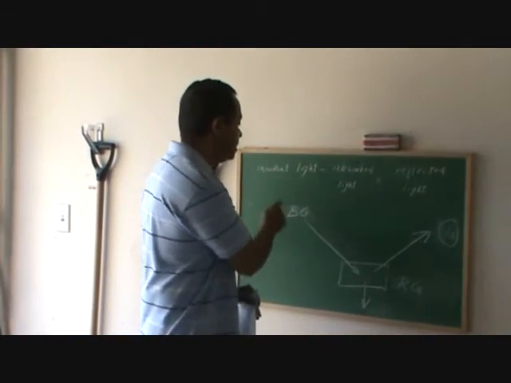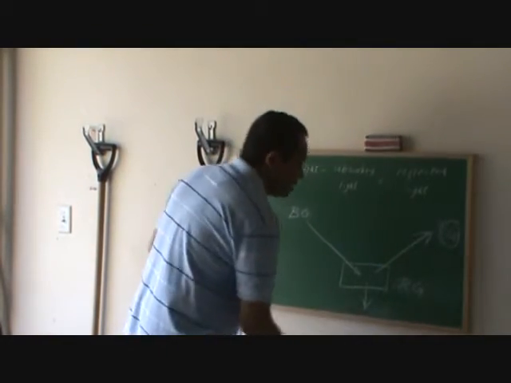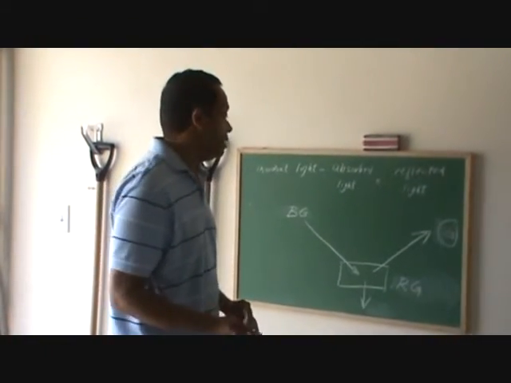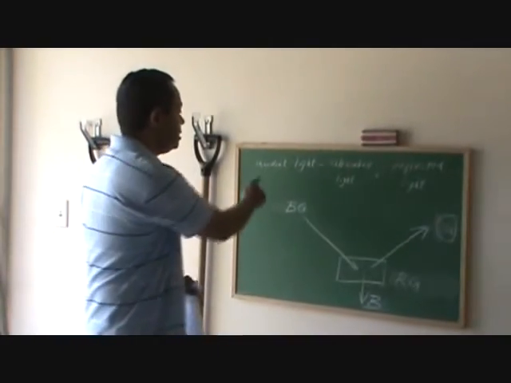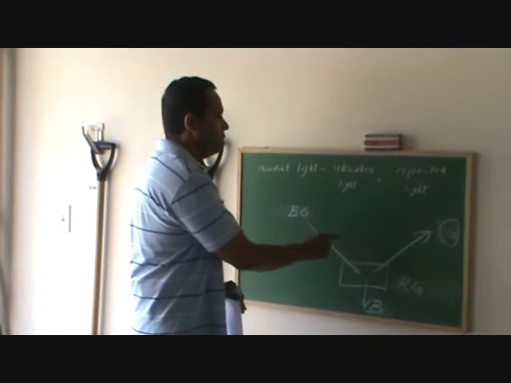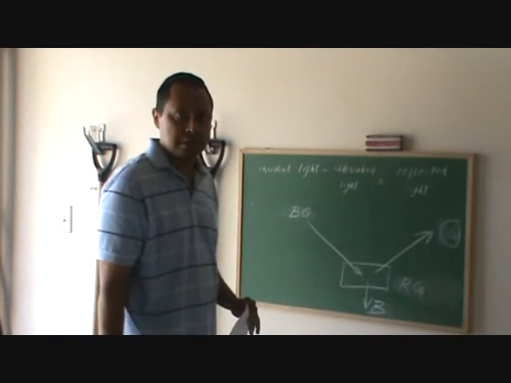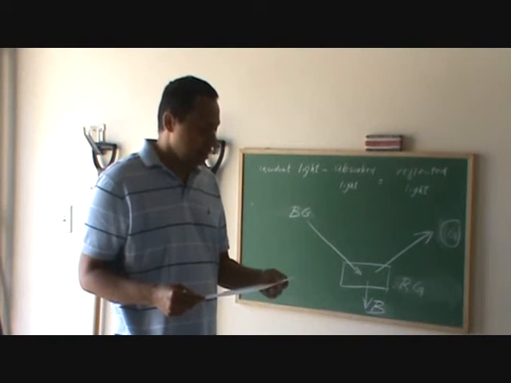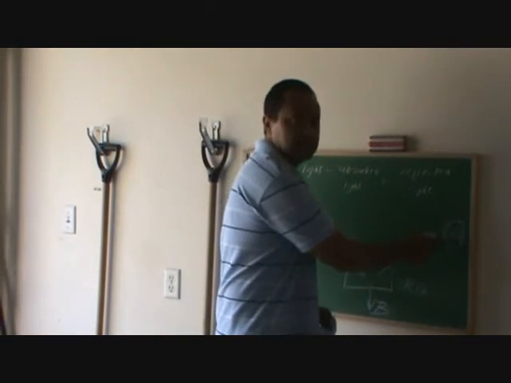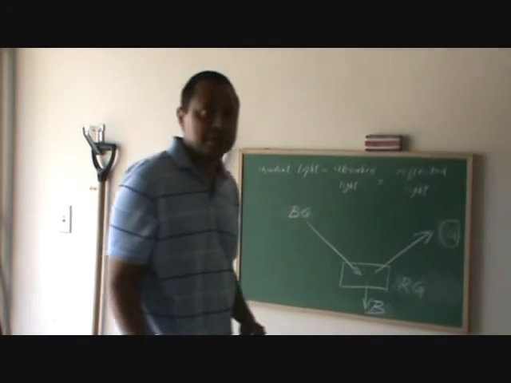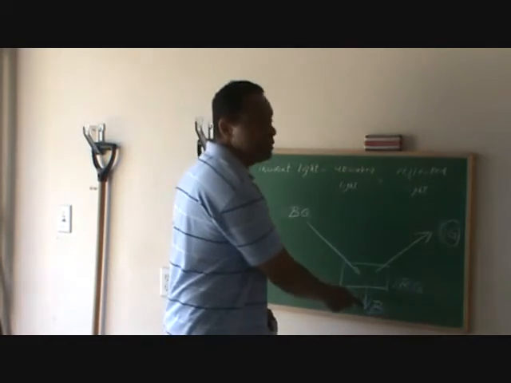Now since the incident light is blue and green, and the reflected light is green, the observed light will be blue. So the incident light is blue-green, the reflected light is green, and the observed light is blue. So to answer the question, what is the reflected light, or what is the color of the paper? The reflected light is green, or the color of the paper is green. And what is the observed light? The observed light is